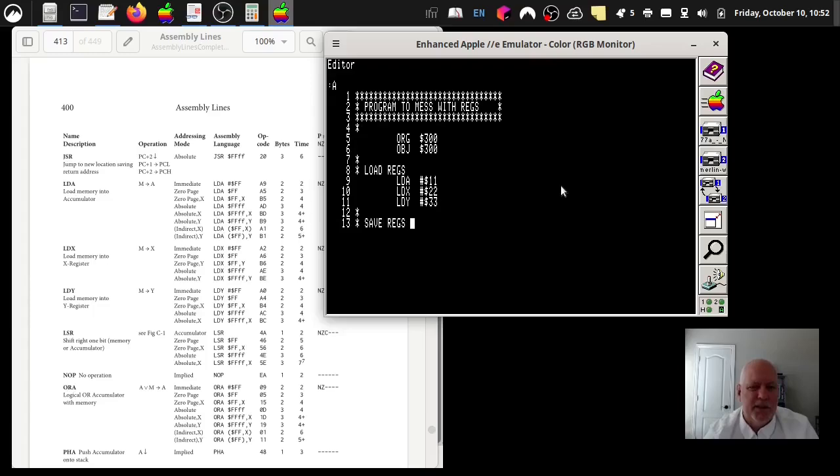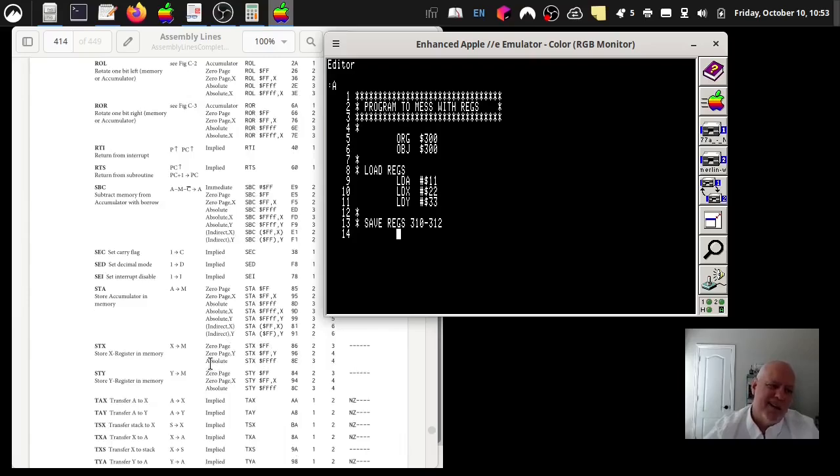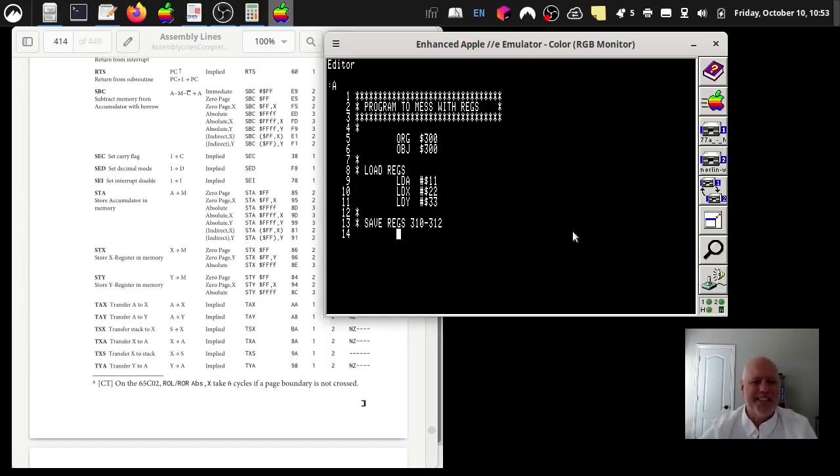And where do we want to save it to? We know that we can put it in 310, so 310 to 312 seems like a good way to do it since it already worked. We'll do that. And to do that, we're going to use the store instructions. And you can already tell how much easier it is to keep track of this than to poke bytes into memory, but there's value in both approaches. So to store the accumulator into memory, we do STA, and then we look over here to absolute. We see, oh, we just put the address after in hex, and we don't have to reverse the bytes. So we know we want it in